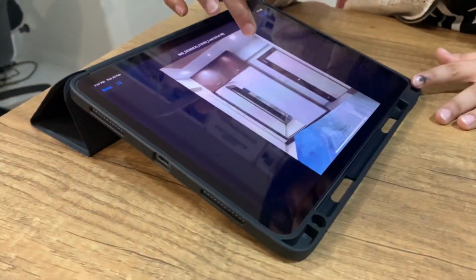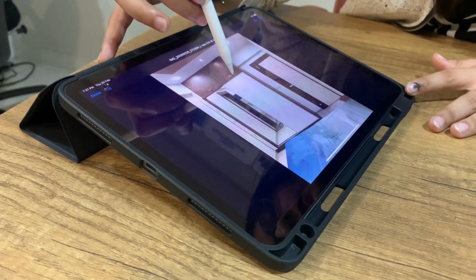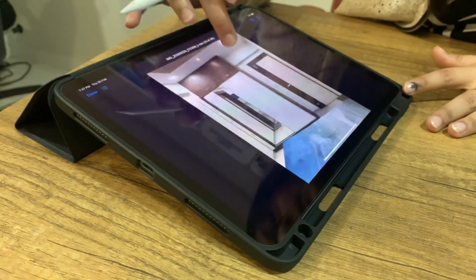Okay, this is the part which I showed you in the 3D. One shutter is the mirror and another one is the back painted glass. There are vertical shutters for the dressing on the side.